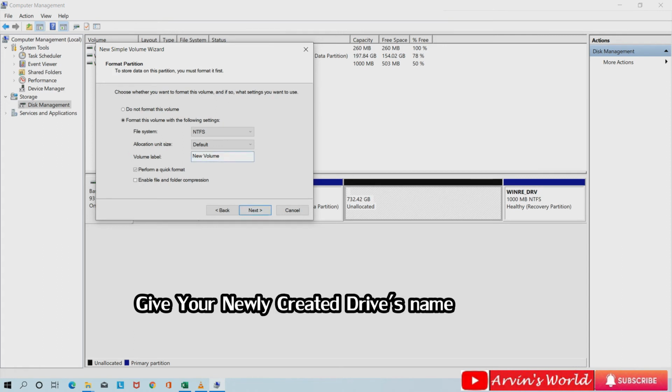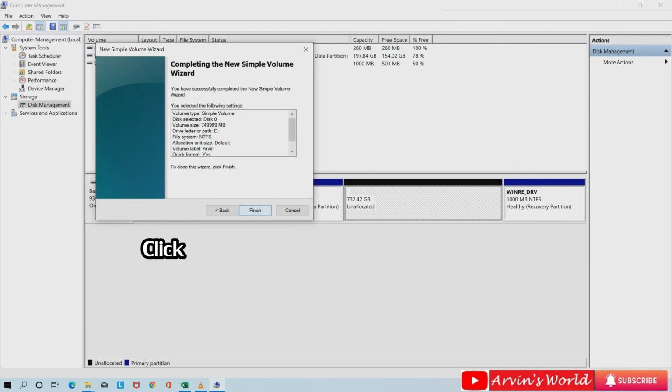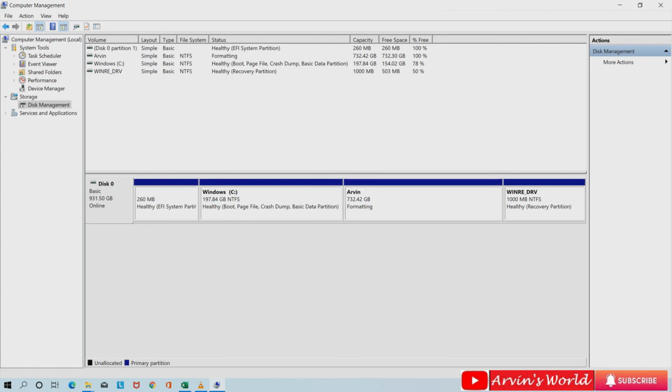It has already selected the file format as NTFS. Let it be NTFS. I don't need FAT32 or something. I am giving the name as Arvind. So I am putting the name over here, and then I will click Next and Finish. It's almost done. Yeah, the name is done. Now I have to go to Next. Just click Next. Then this window will open. You have to click Finish. Finish, it's done. You can see this D drive has been created with the name Arvind.